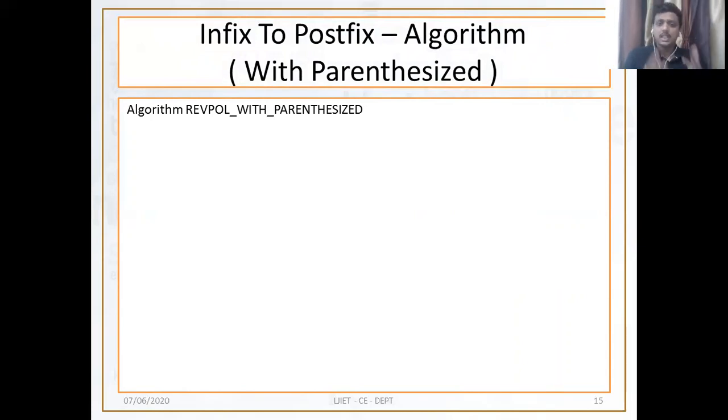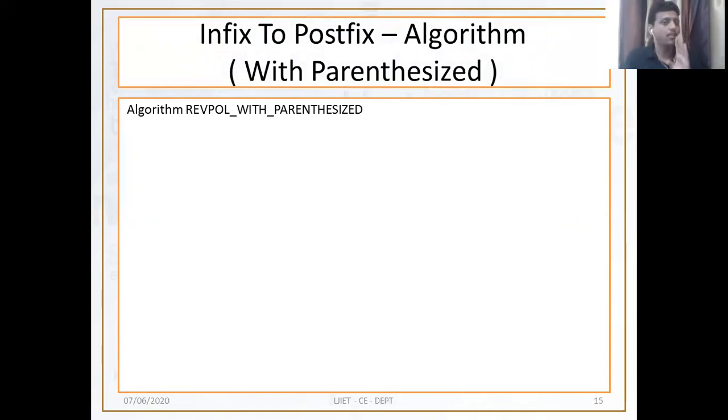Okay, so can you tell me how many variables or symbols we need in this algorithm? In push and pop, we take s, top, x, I. These are the parameters, right? So here I'm not going to take any parameters, but which type of variables you need to use in this algorithm. That is the most important thing.